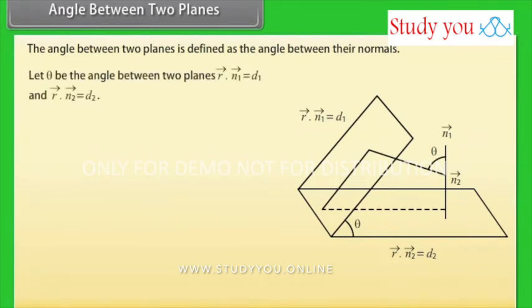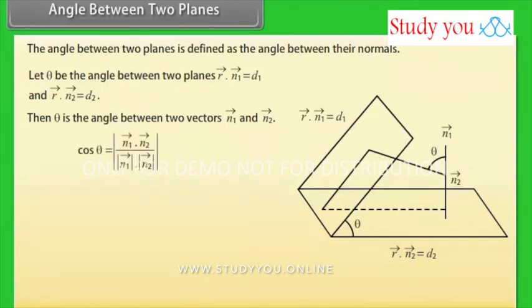Let theta be the angle between two planes. Dot product of vector r and vector n1 equals d1, and dot product of vector r and vector n2 equals d2. Then theta is the angle between two vectors n1 and n2. Cos theta equals modulus of dot product of vector n1 and vector n2 divided by modulus of vector n1 into